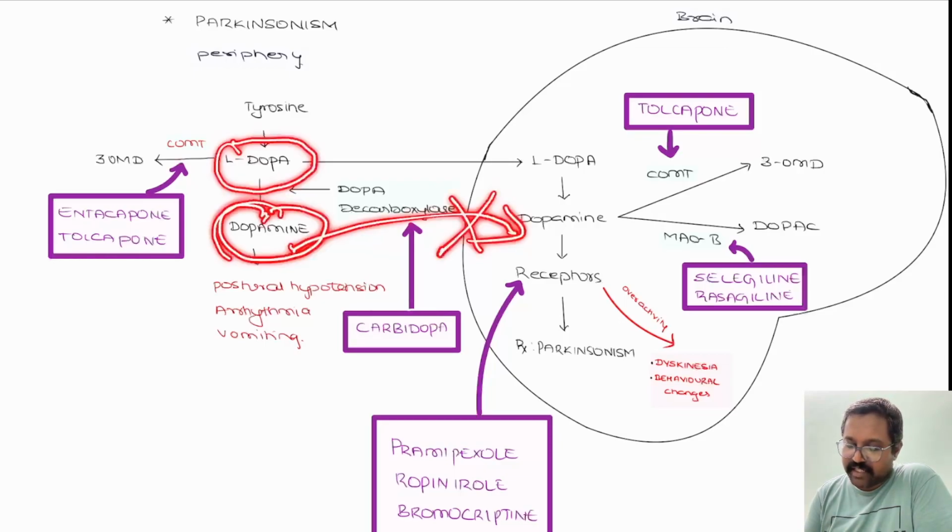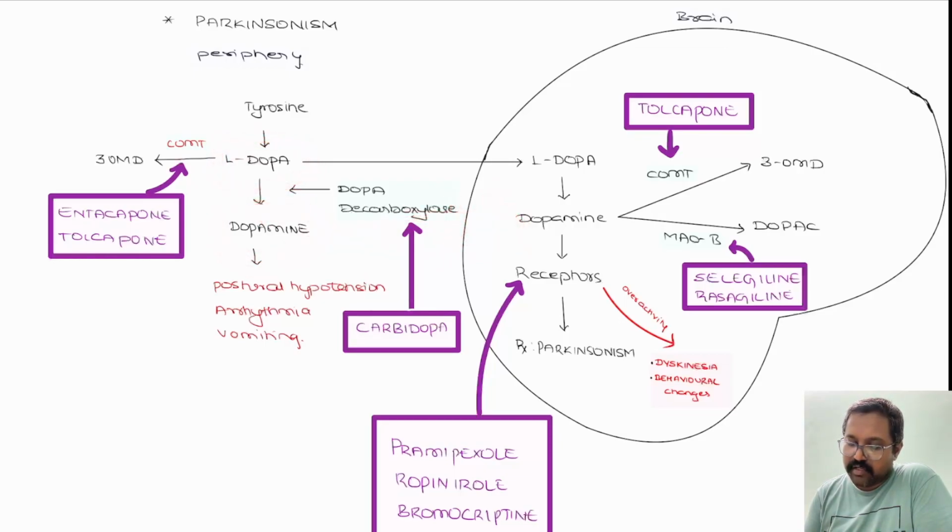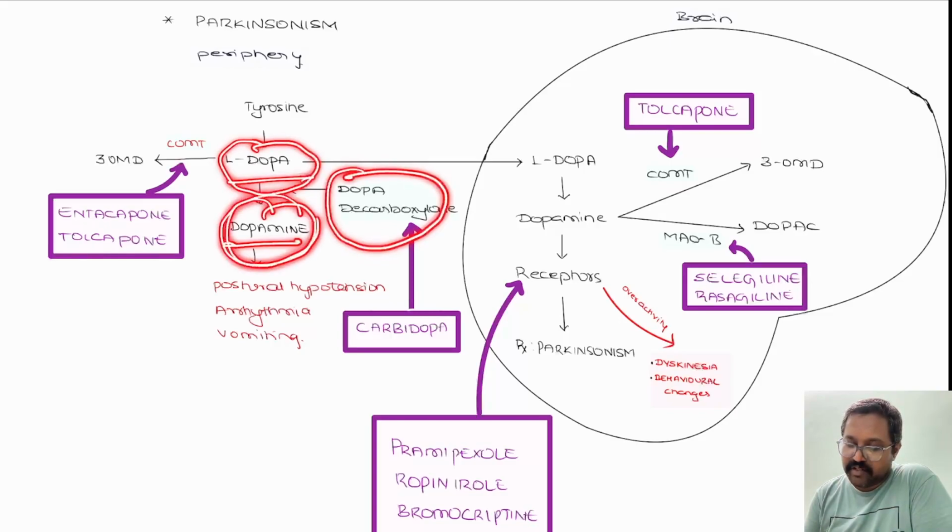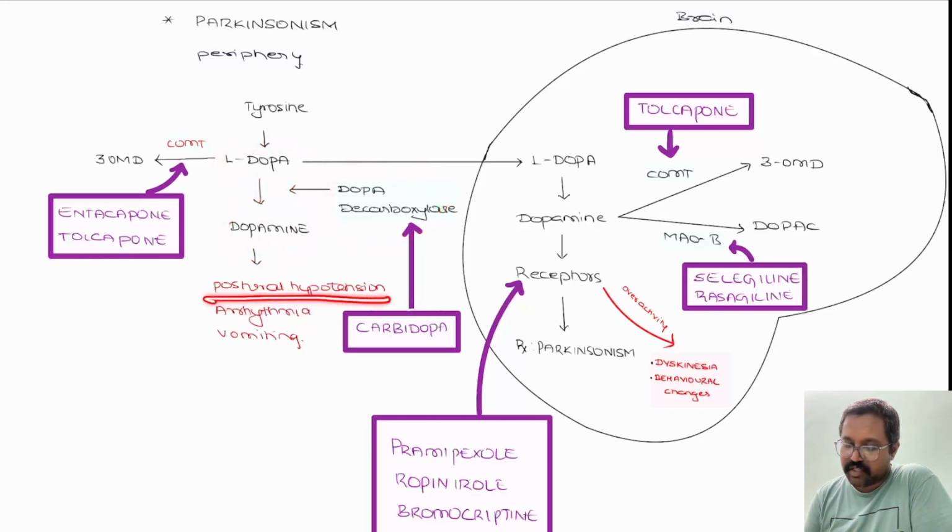And if it gets converted into dopamine, how will levodopa be converted into dopamine? With the help of dopa decarboxylase. So it decreases the concentration of levodopa and increases dopamine, and this dopamine is responsible for side effects such as postural hypotension, arrhythmia, and vomiting. And it also undergoes degradation with the help of the COMT enzyme